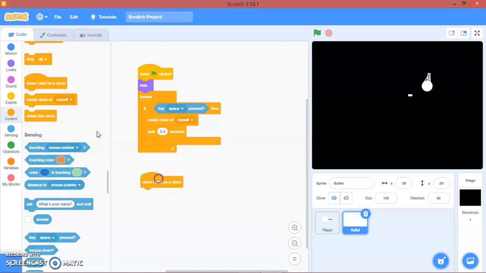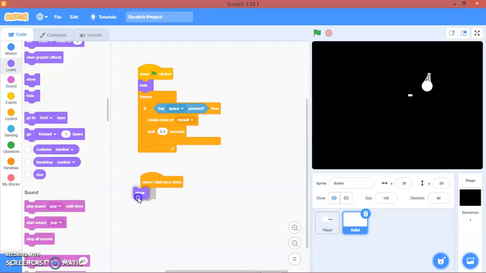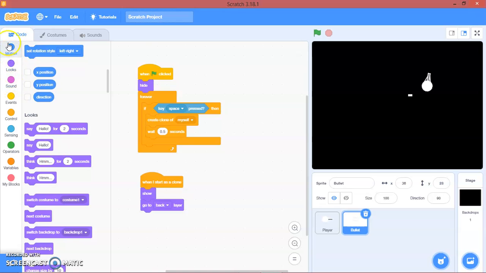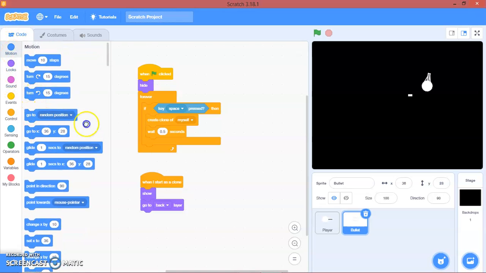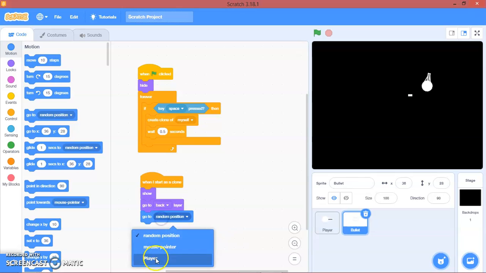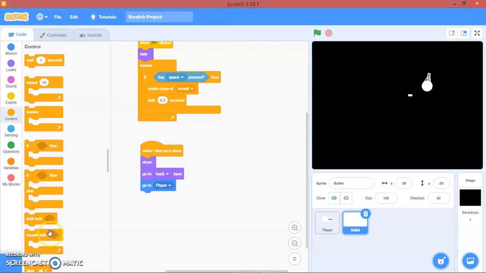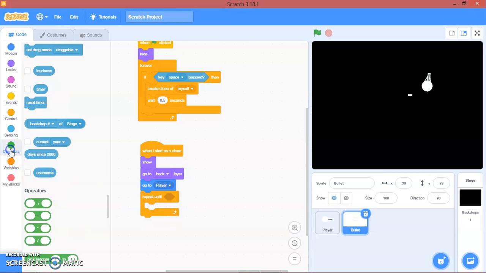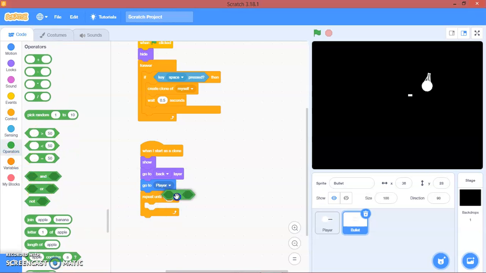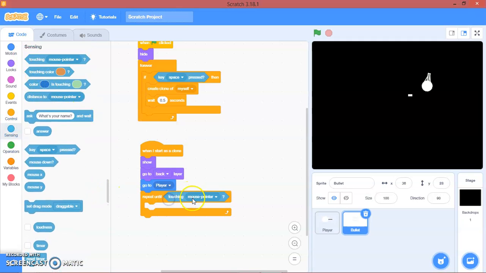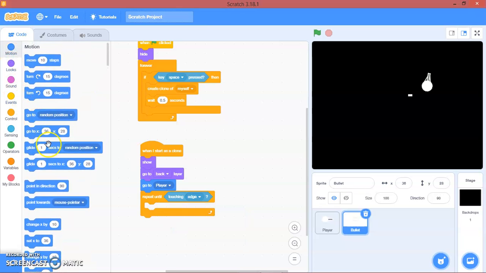And then when I start as a clone, we'll show. We will go to back layer, and then we'll go to player. We'll repeat until touching edge, and then we will